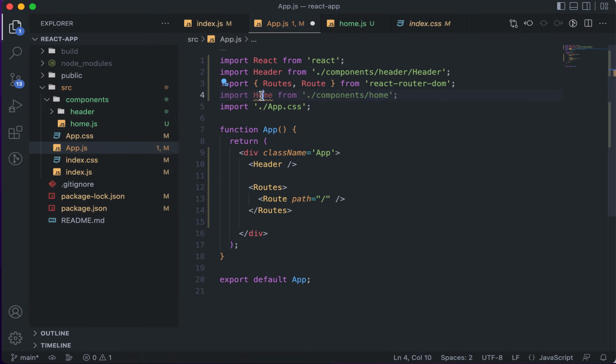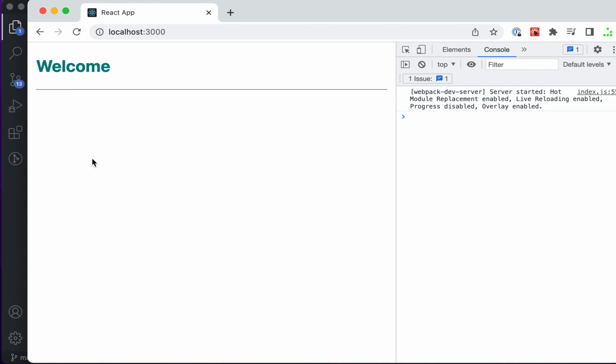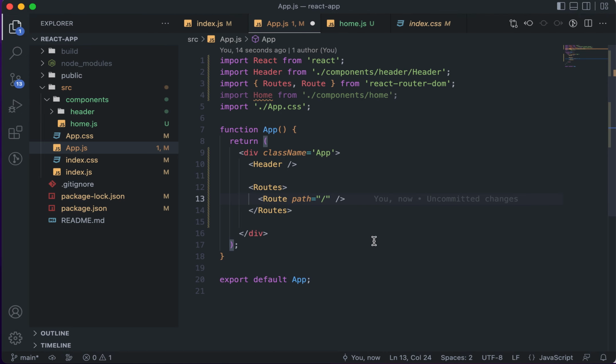Okay, now that we have this component, we can use it here to tell React Router DOM what to show when the route is slash. Right now this whole thing is blank, even though this is a home page. But we can say something like element is equal to